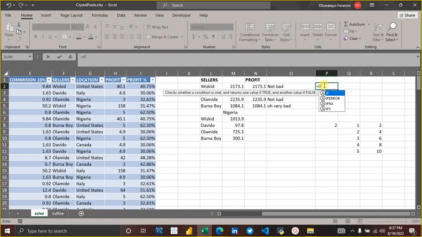So you have to type if, then open the brackets. So logical, we are using ifs now. So you see, it's now saying logical test 1 instead of logical test, because if is expecting you to write more than one logical test. So if logical test 1, which is this, if this is greater than,